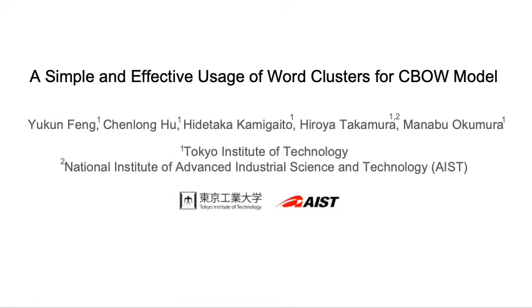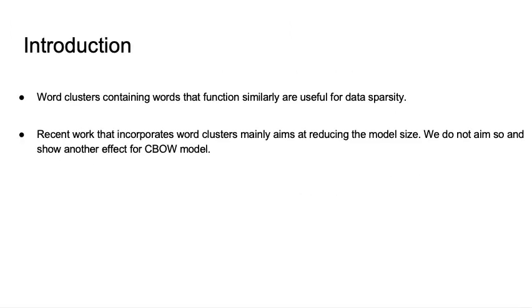Our paper title is a simple and effective usage of word clusters for CBOW model. Word clusters contain words that function similarly, and they are very useful for data sparsity. Recent work that incorporates word clusters mainly aims at reducing the model size. In our paper, we do not aim to do so. We show another effect for the CBOW model, which stands for Continuous Bag of Words model, which is widely used for